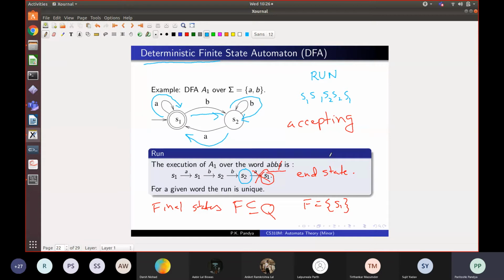So at the end you will accept. So somehow this standard model, which checks only at the end state, is very robust. And the kind of variations to the automata definition that you are giving can actually be modeled by this standard automaton. Okay? Yes, sir. So you see, in automata theory, we try to give a standard model, and you are proposing a variant of that model, some sort of non-standard or a more convenient model. But it turns out that that more convenient model can actually be converted into a standard model, with a slightly different set of states, but it will do it.